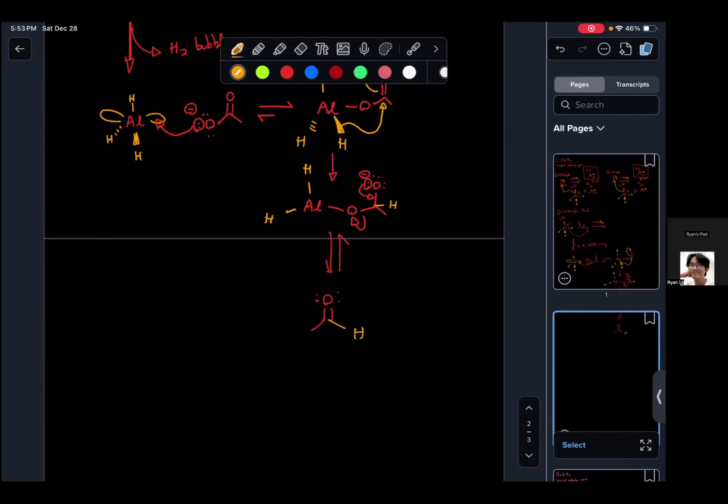Yep, aldehyde on its own. And then your aluminum and friends is going to be up here with a stolen oxygen, and it's just going to be chilling there. And then basically the same process repeats again. We have open orbitals here,